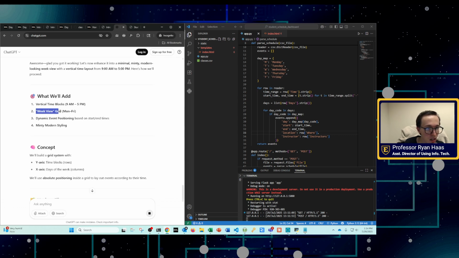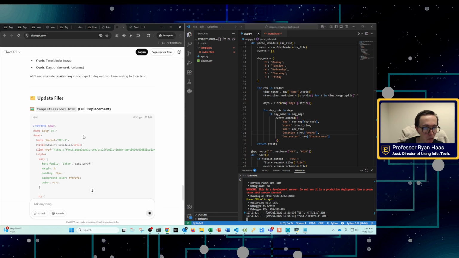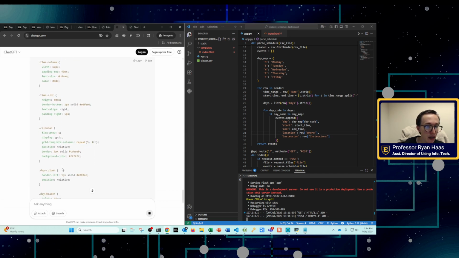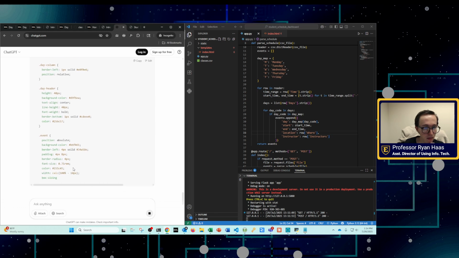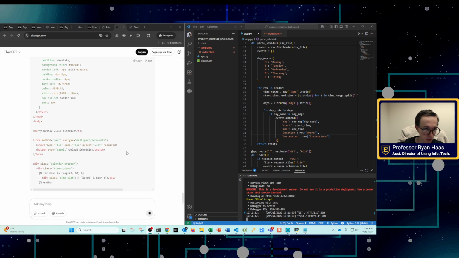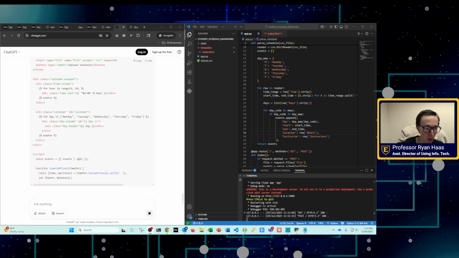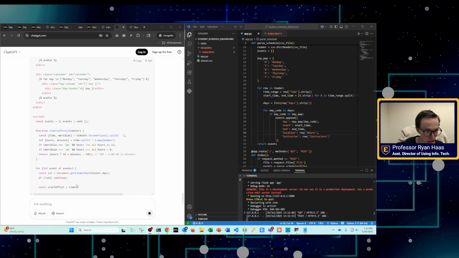So it's going to convert this into more of a grid display, and I think this will be a better way to display some information. It's importing a Google font so that it can give us a nice modern typeface to use, the Inter one. And it's creating some pretty CSS style rules for us. You can see this takes a lot more code, obviously, because we're making it a lot more complex, but it's going to give us a better end product.